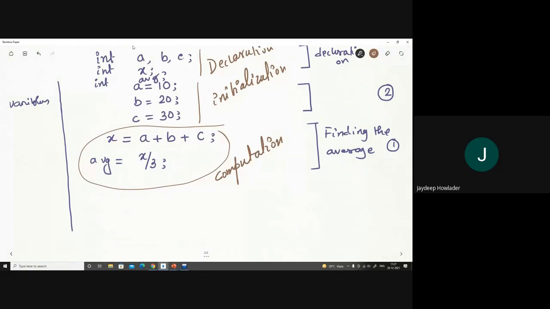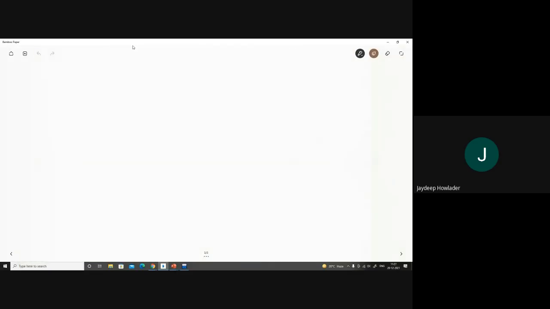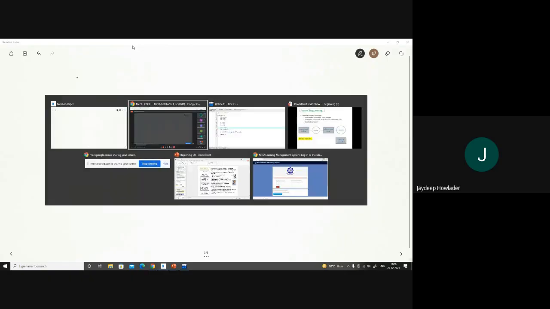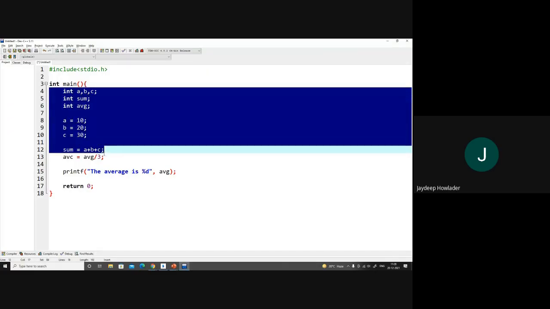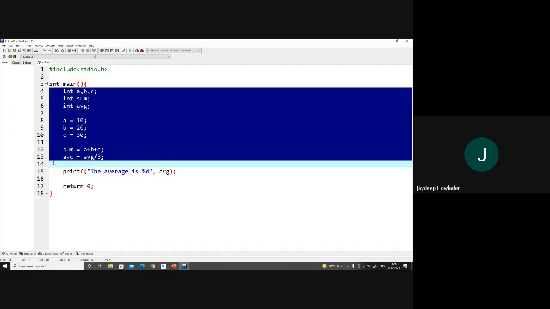Apart from that, we have to do something more, which is called a block. So now we just take it into the programming language environment. This is basically the Dev C++ editor, and what we have done is up to this point. Okay. So I declare the variables, and instead of x I have a sum here.